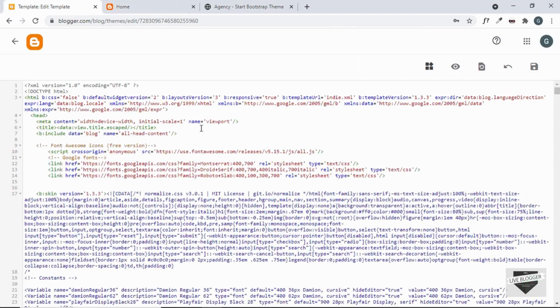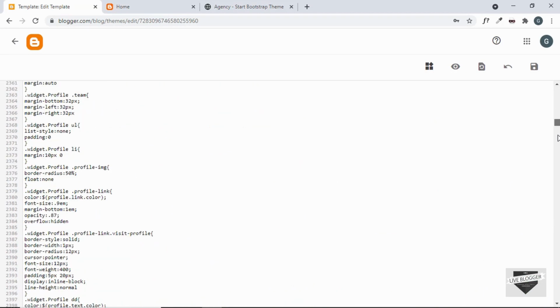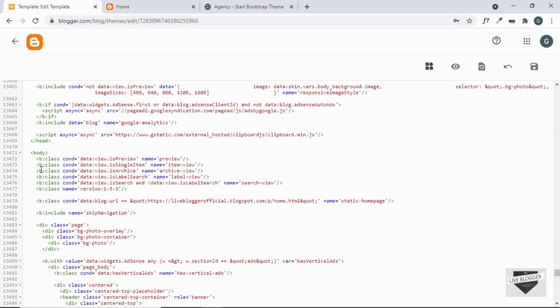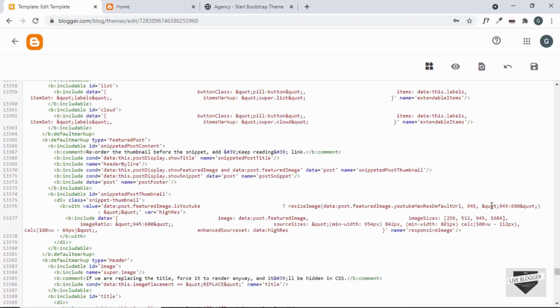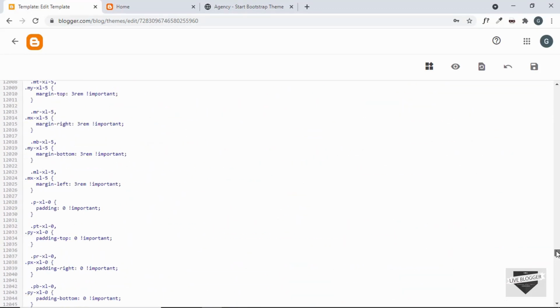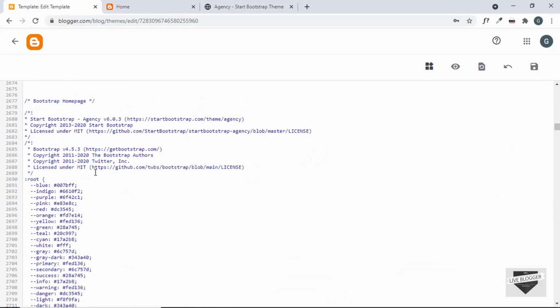Let's go back to the template, and if you scroll down here, just after the body starts, we have added a body class. So here we can see, for the condition where we are on the home page, we are adding this class called static homepage. So we can add some styles based on whether we have the static homepage class on the body tag or not. So let's go to the CSS,